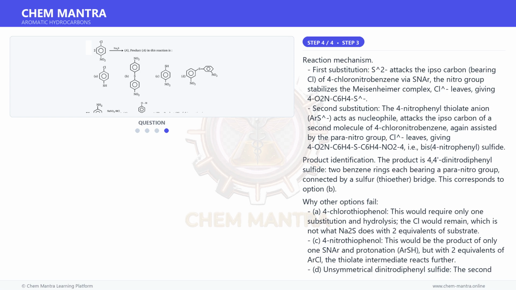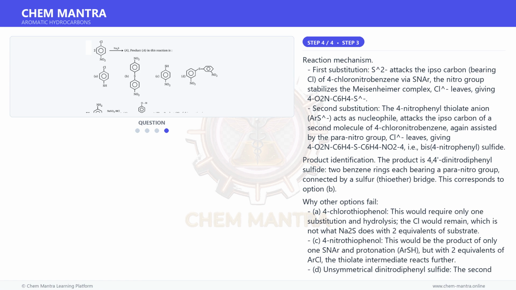And for the final step. Reaction mechanism. First substitution: S2- attacks the ipso carbon, bearing Cl, of 4-chloronitrobenzene via SNAr. The nitro group stabilizes the Meisenheimer complex, Cl leaves, giving